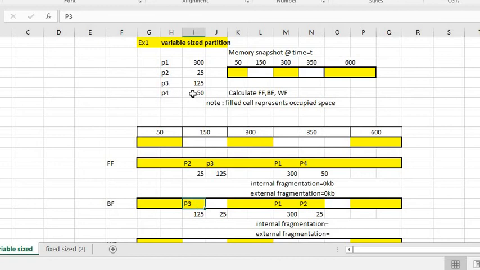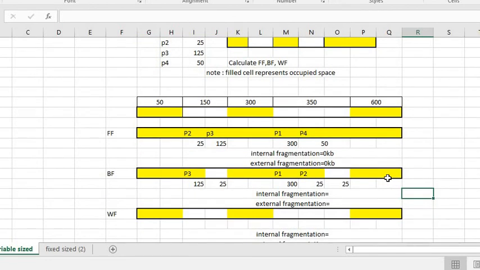Now comes P4. P4 requires 50 kilobytes of memory. So again, look at the first hole, it is of size 25. The second hole is of size 25. Here 25 is left out. The next hole is also 25. So even though we have 25 plus 25 free space available, it is not possible to fit P4, because he requires 50 kilobytes of continuous memory addresses. Since it is 25 here and 25 here, I could not fit P4. P4 cannot be successfully accommodated over here.